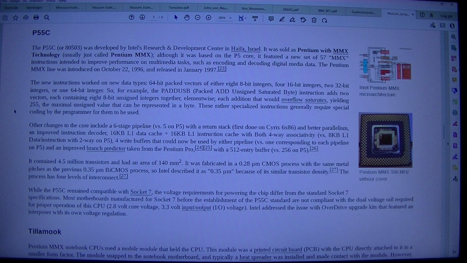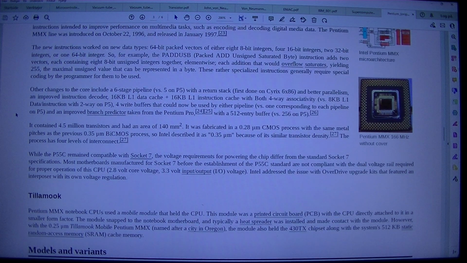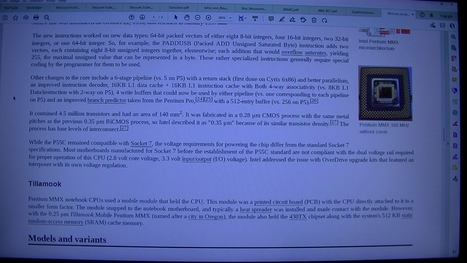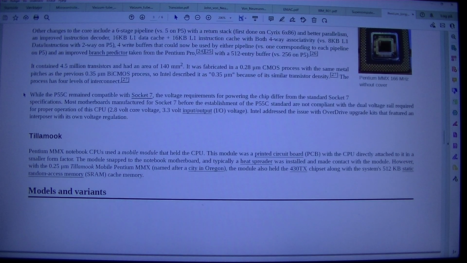Other changes to the core include a 6-stage pipeline, versus 5 on P5, with a return stack, first done on Cyrix 6x86, and better parallelism and improved instruction decoder. 16 KB L1 data cache plus 16 KB L1 instruction cache with both 4-way associativity, versus 8 KB L1 data and instruction with 2-way on P5, 4 write buffers that could now be used by either pipeline, versus 1 corresponding to each pipeline on P5, and an improved branch predictor taken from the Pentium Pro